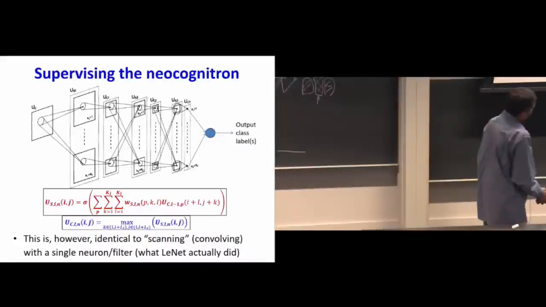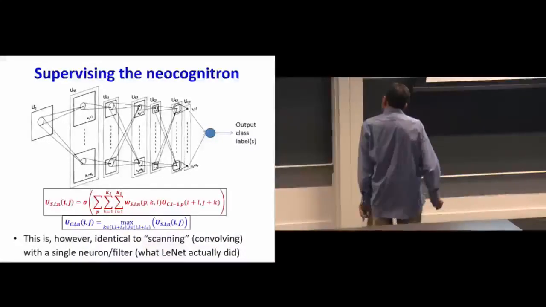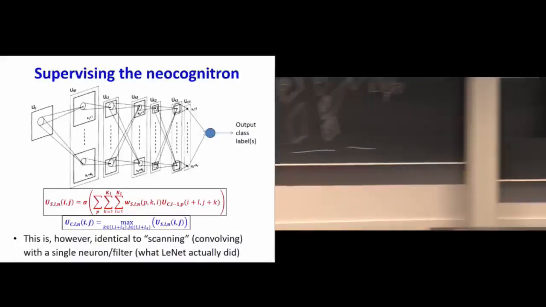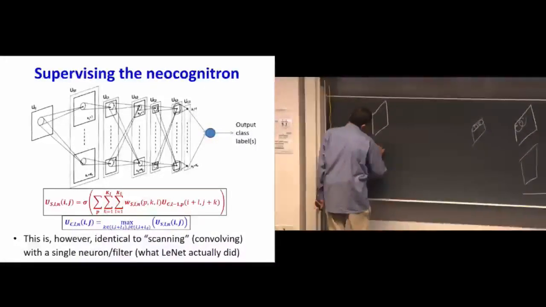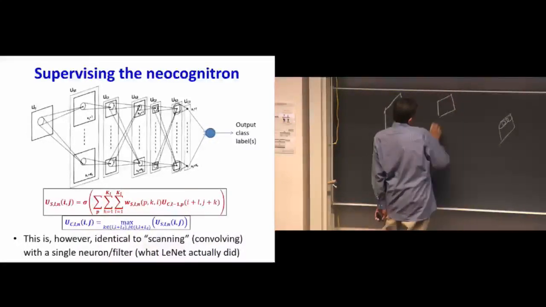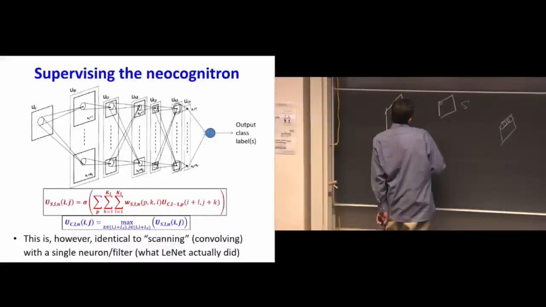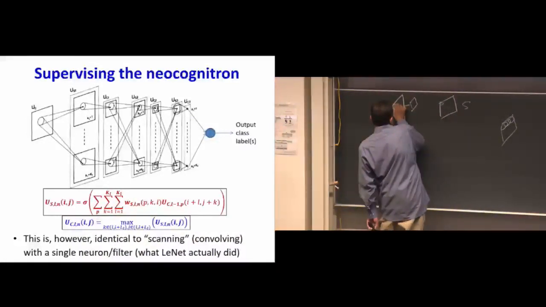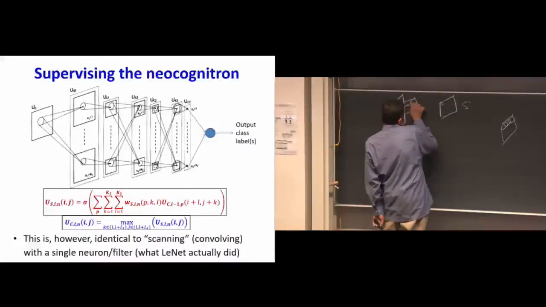Then the actual computation you would be doing is that, let's say these are the outputs of some C layer, and the subsequent S layer, this guy would use one set of rectangular weights